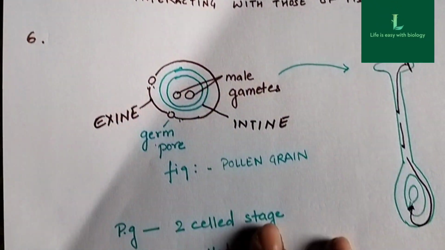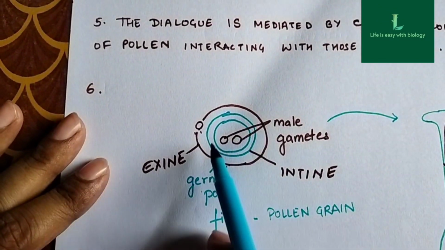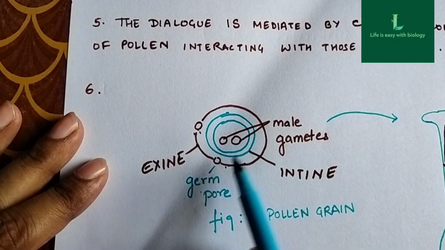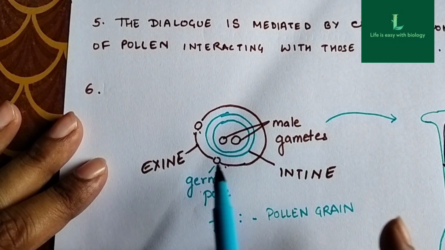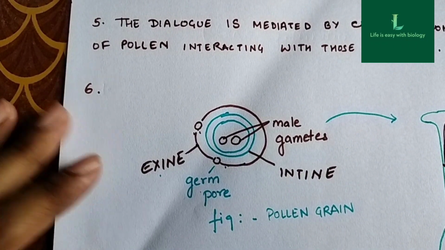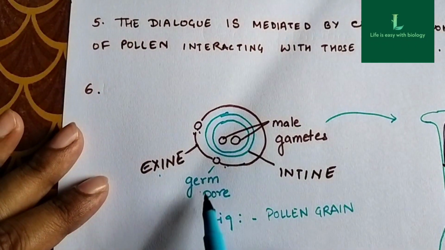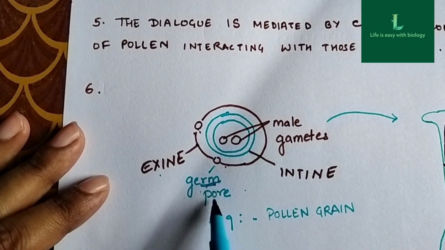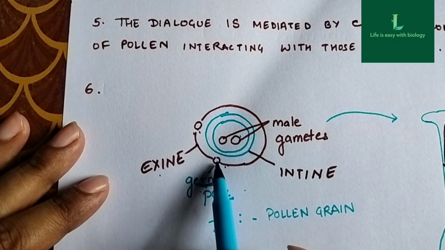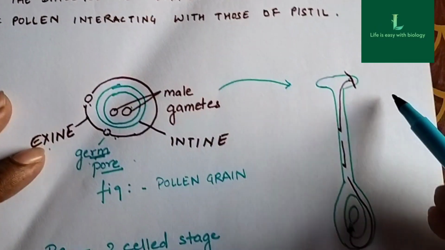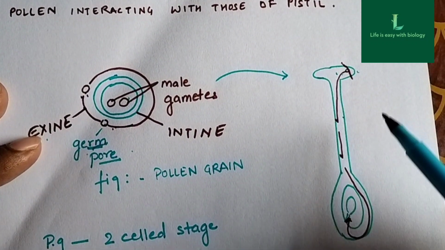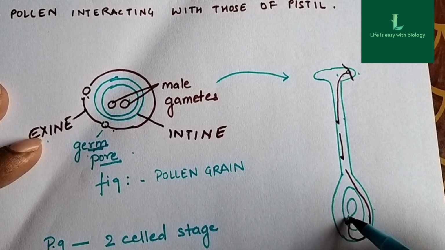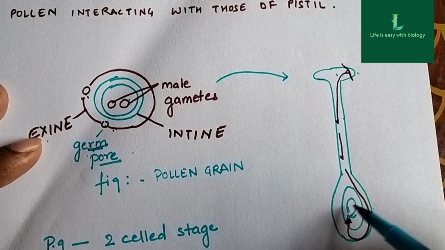Fine. Now here see student, this is the pollen grain I was talking about, which we have already discussed कि outer में exine होता है, outer boundary exine, which is made up of sporopollenin, the hardest substance ever known. It has germ pores, okay. Through these germ pores the male gamete will travel and will form the pollen tube through the tissues of stigma, style and ovary, and ultimately release the male gamete into the ovule. Clear?